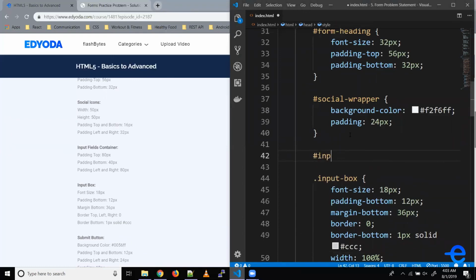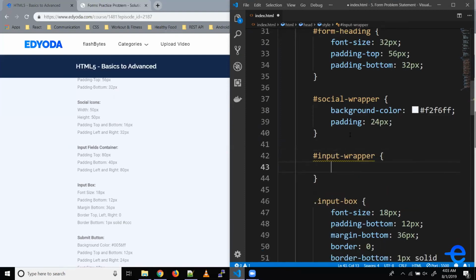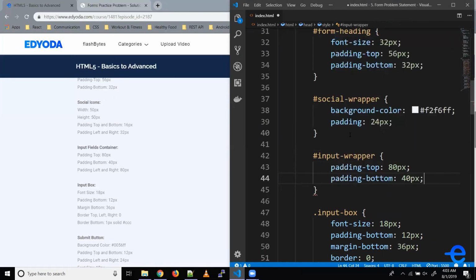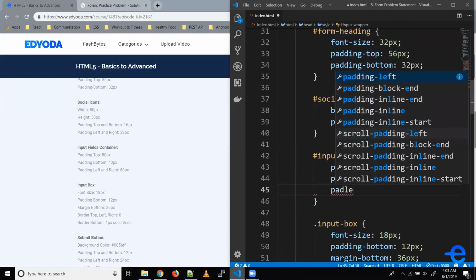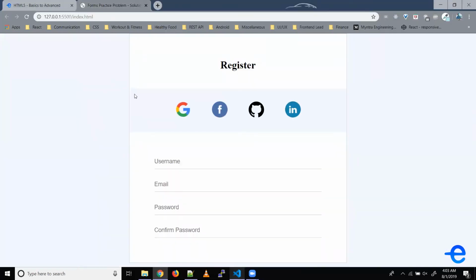So hash input wrapper, because that was the ID for the container. Let's give it padding top 80 pixels, padding bottom 40 pixels, padding left 80 pixels, and padding right 80 pixels. Let's save it. And as you can see, our form looks pretty much the same, just that the submit button